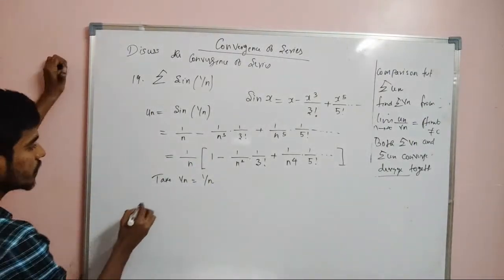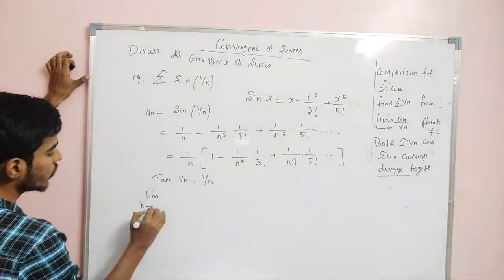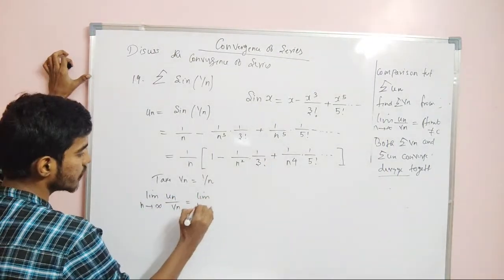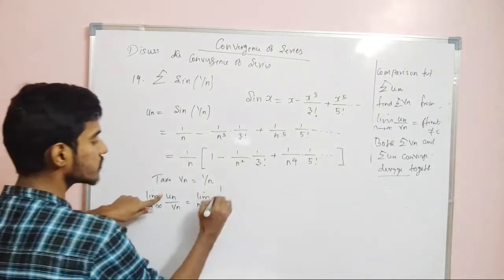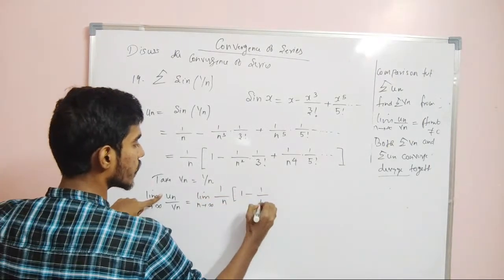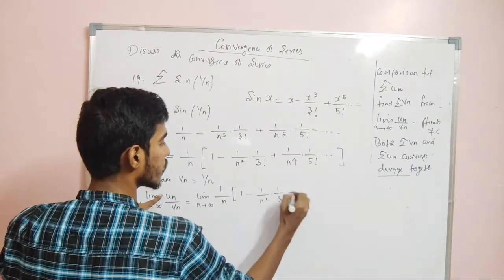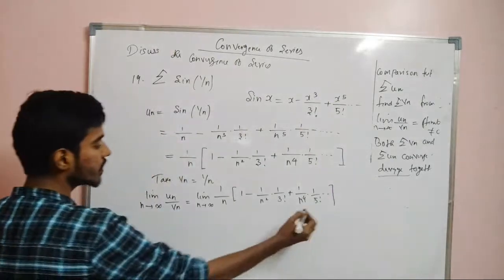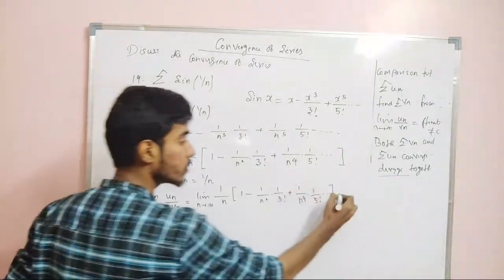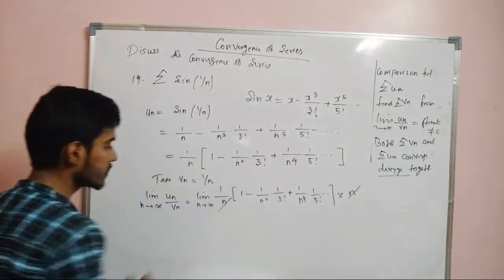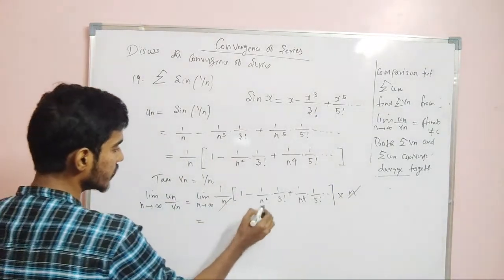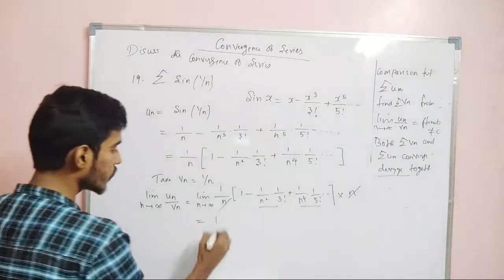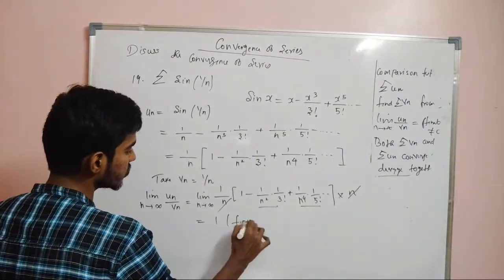Now what about limit n tends to infinity un by Vn? So this will be limit n tends to infinity. So our un is 1 by n into 1 minus 1 by n square into 1 by 3 factorial plus 1 by n power 4 into 1 by 5 factorial and so on, divided by Vn. So Vn is 1 by n. If I bring that to the numerator, we will have n and this n will get cancelled. Now as n tends to infinity, this term tends to 0, this term tends to 0 and all the terms tend to 0 except 1. So we will have only 1 which is finite and non-zero,